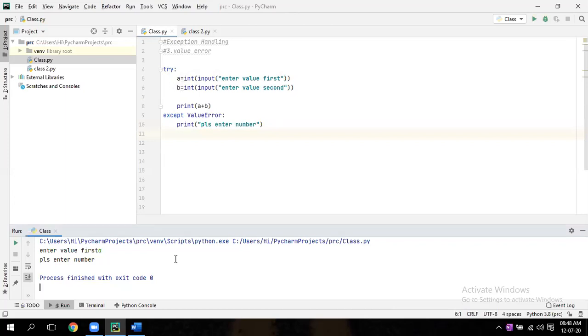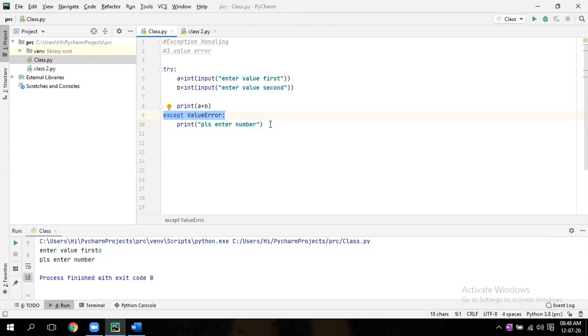Now we are not getting an error, right? So see, try to understand, whatever it may be, you have to write try, then you write the code. After that, except, whatever error is coming, that error, then whatever you want to do, you write it. That is the same format. Understood? Yes, sir.